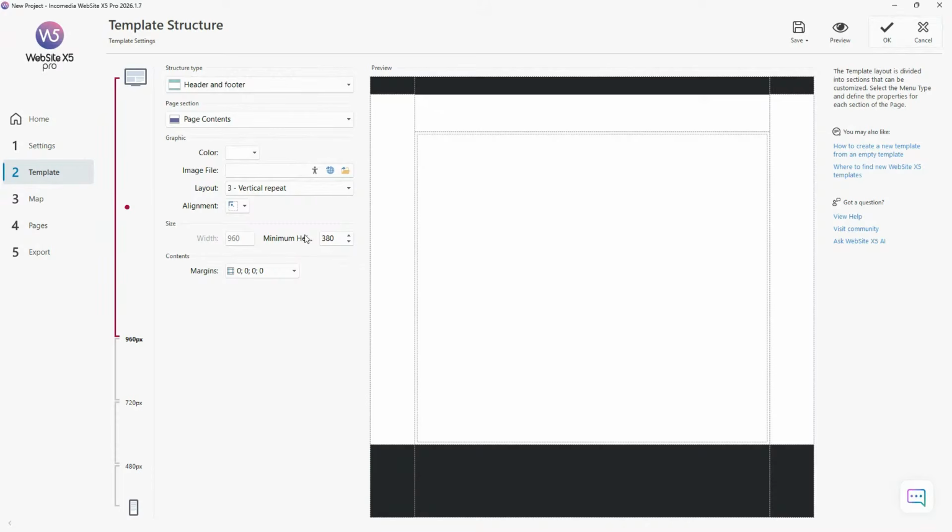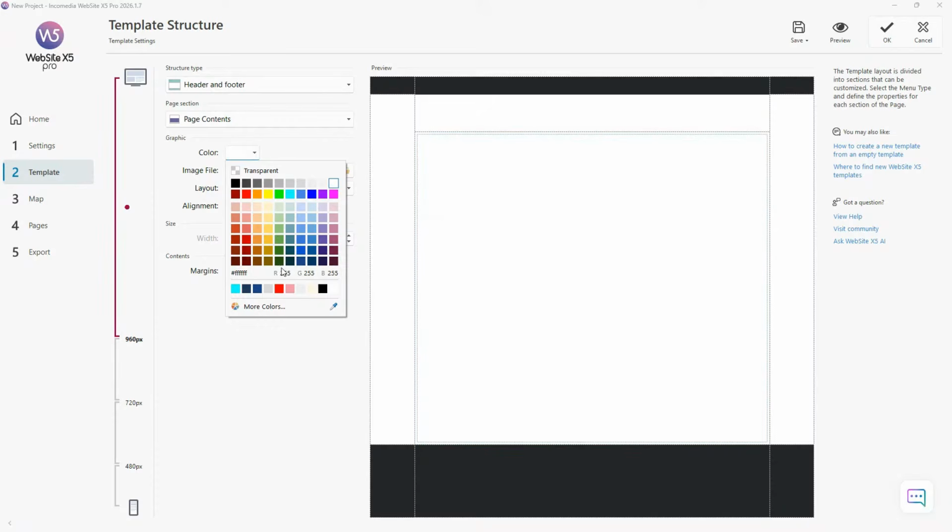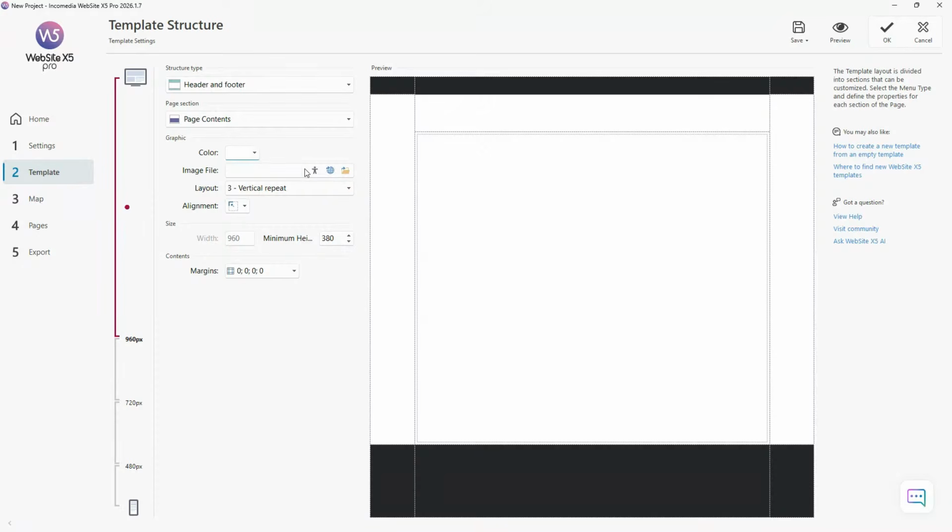For the content, you can decide the minimum height it can have. You can decide margin for the content. You can put a color for the background here as well. You can just leave it blank. If you don't want a color, you can add an image too, if you want to have an image as background. And then you also have this section on the left,